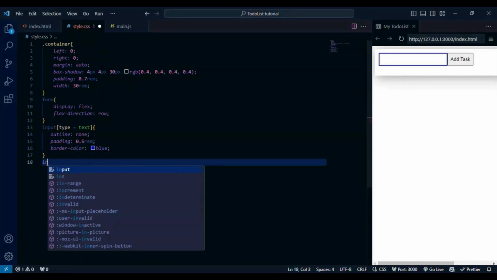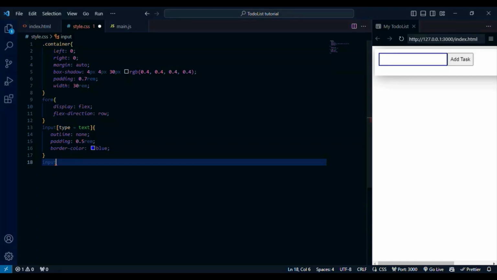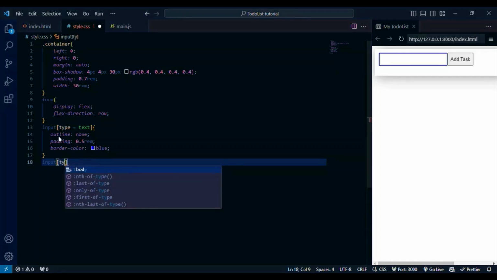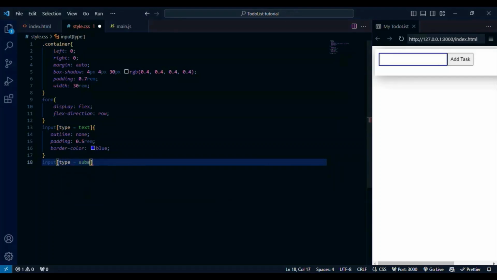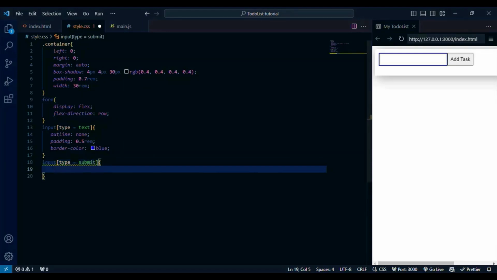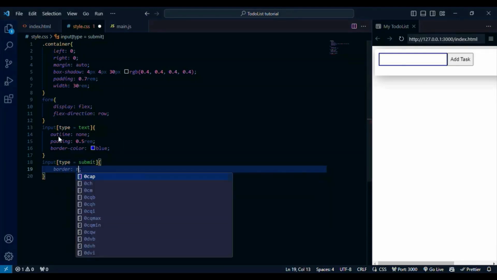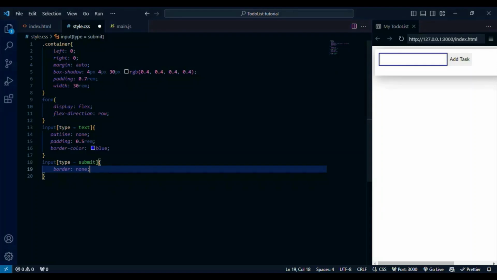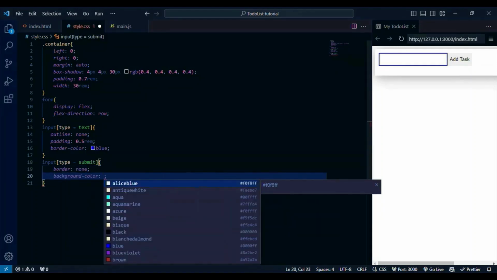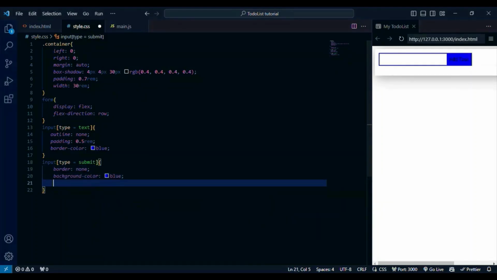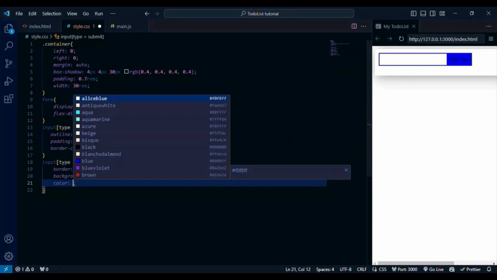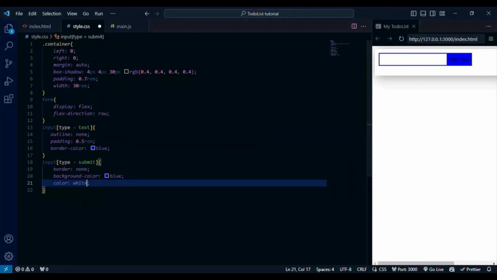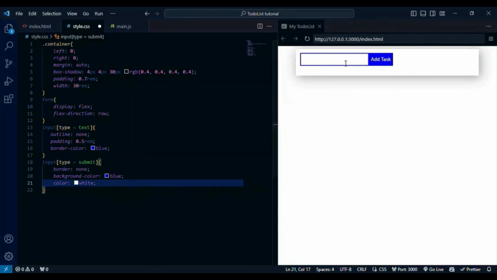So let's also target the input type for submit. So input type for submit, and then we'll give this a border of none. We'll give this a background color of blue, and then a color of white. So this is, we are actually improving here. So as you can see,